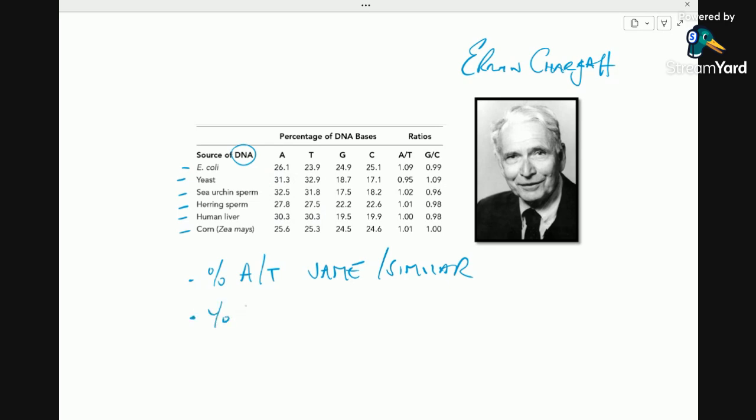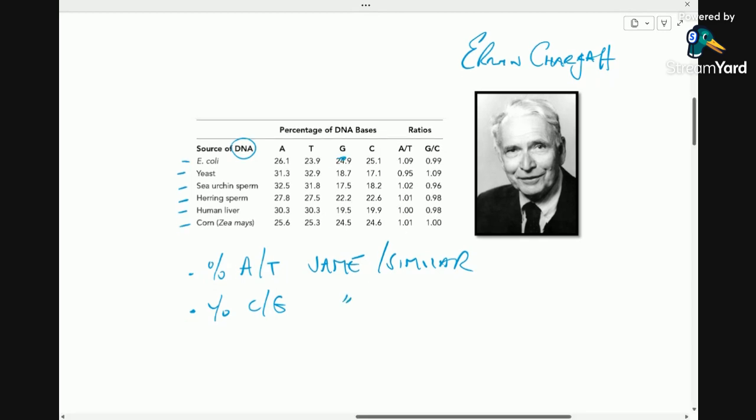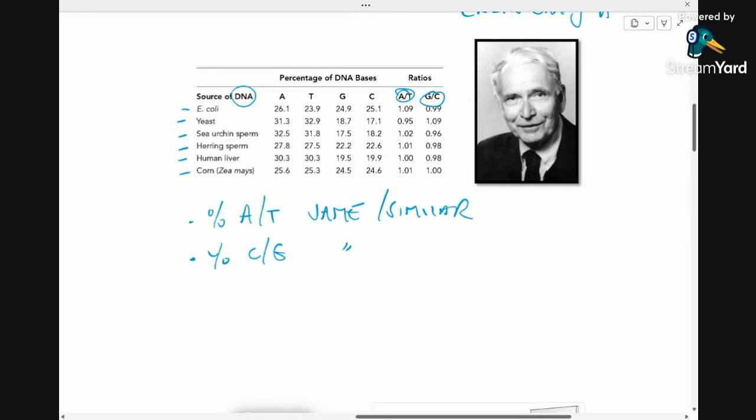The same was true for the C's and G's. So the C and G percentage was the same or similar. So, 24 and 25, or 19.5 and 19.9, very close. So for the A's and T's and the C's and G's, the ratio was always very close to 1, not always absolutely. But the other important thing was that different organisms